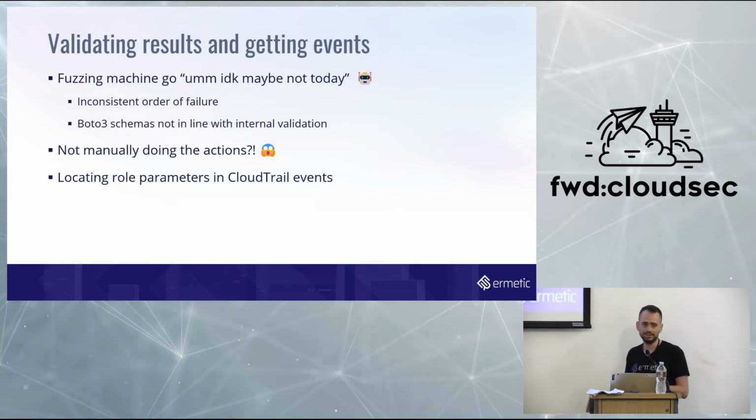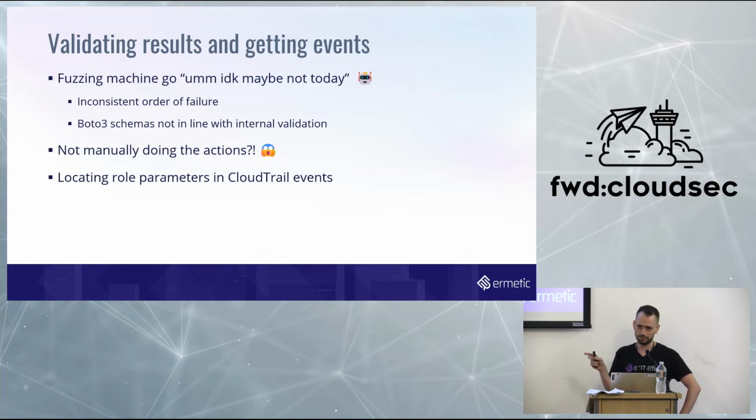And again, in order to validate and get events, you actually have to do the things. So we tried to fuzz it. I tried to fuzz it with AWS Trailblazer, which Will Bankston wrote. He's also here in the hallway con. If you meet him, there's a fork of Trailblazer, which Scott made, which does reverse regex for the parameters with